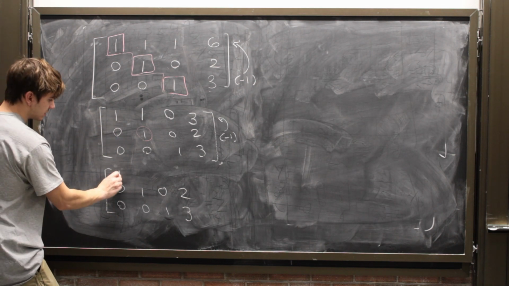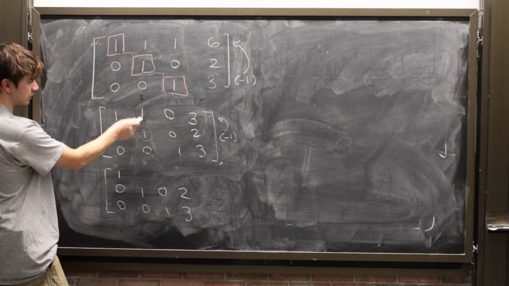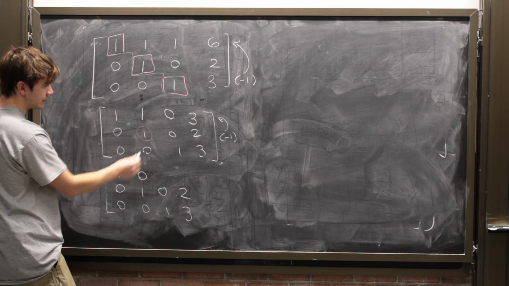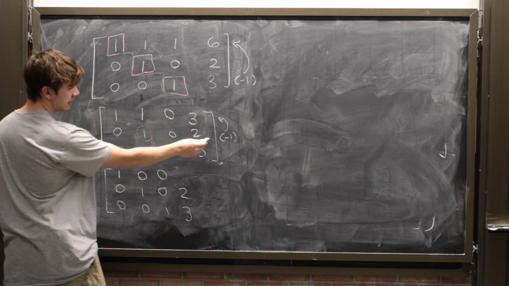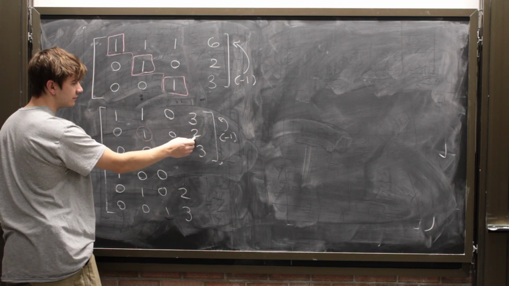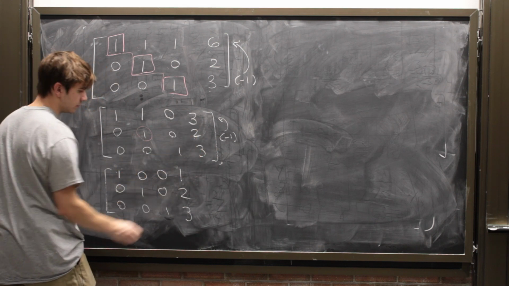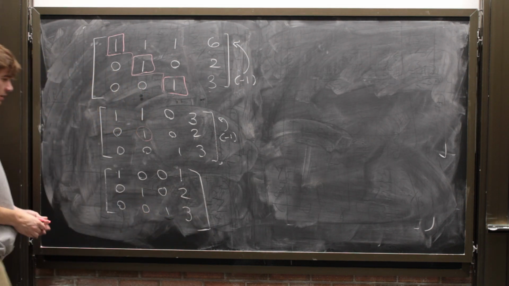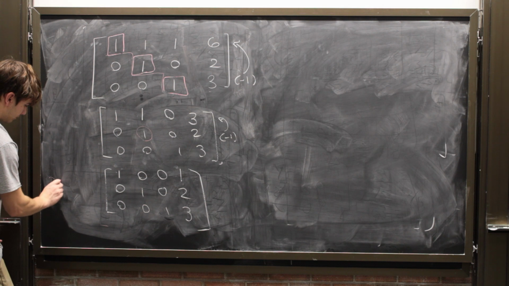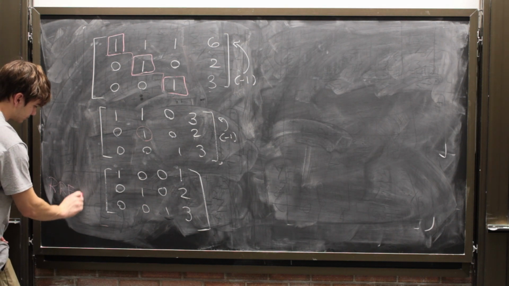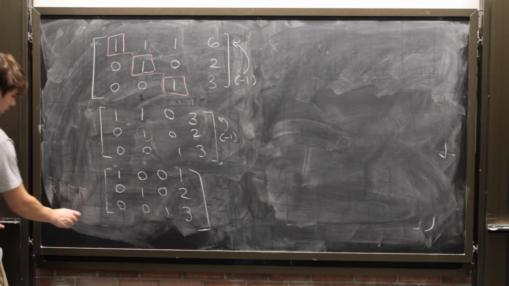Okay, again, this one stays unchanged. Now negative 1 times 1 added into this one is 0. This 0 isn't going to affect this 0 here. And then 2 times negative 1 is negative 2 added into the 3 is 1. So I'm left with my RREF. Okay, so the RREF